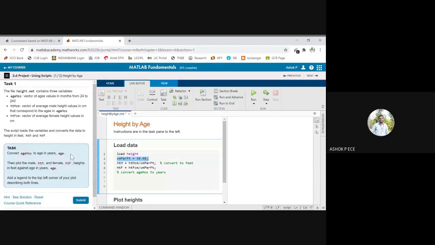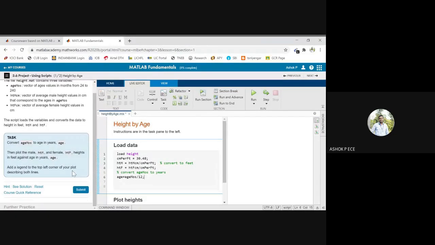And what we are asked to do is to convert the age into years. Age is given in months, so we have to convert age into years. How will we convert months into years? I can write age is equal to age MOS divided by 12. So when I do this, I'm converting months into years. Then we are going to plot male and female heights in feet against their age in years. So I have converted the months into years first, then plot